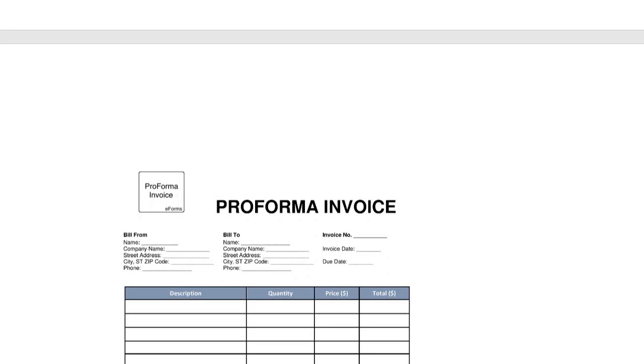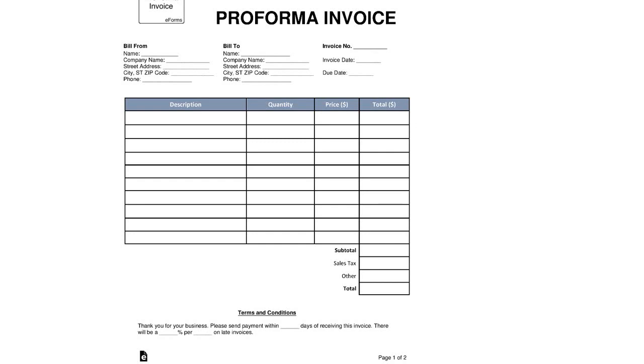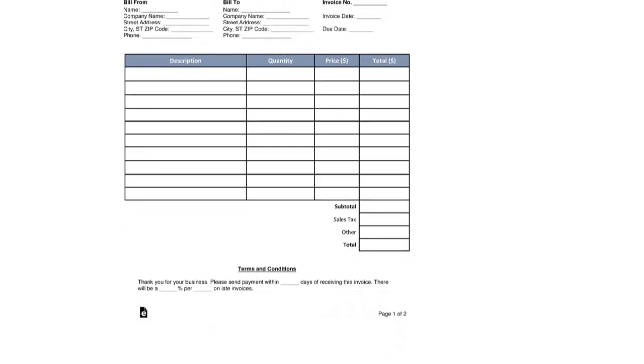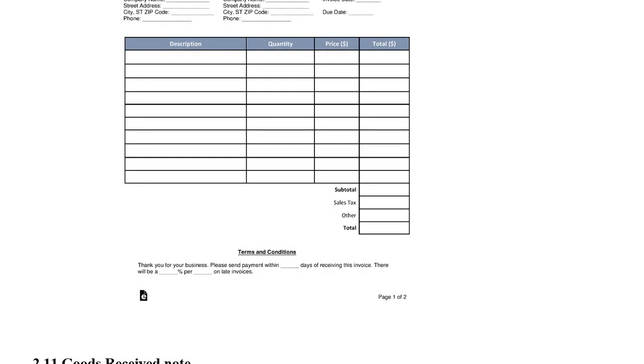So let's see, here is a pro forma invoice. Very clear as it is. We have bill from, bill to, invoice number, invoice date, due date, and we have the description, the quantity, the price, and the total. We have terms and conditions. Let's say, thank you for your business, please send payment within, and the seller will specify how many days of receiving this invoice note. So let's go to the next